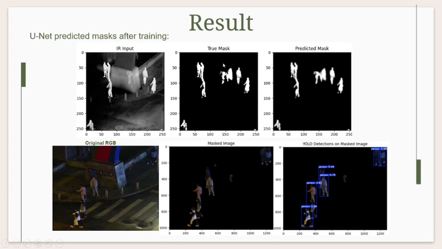And if this true mask is overlaid onto this original RGB image, it clearly separates the background and foreground objects, which will assist and enhance the functionality of the detection model, which is YOLO in this case. And you can see the clear results with improved confidence score of the bounding boxes,